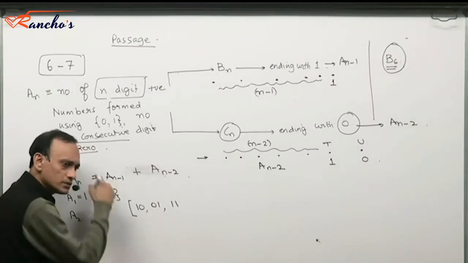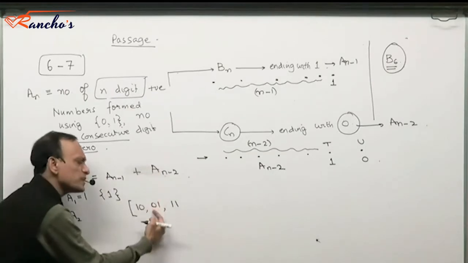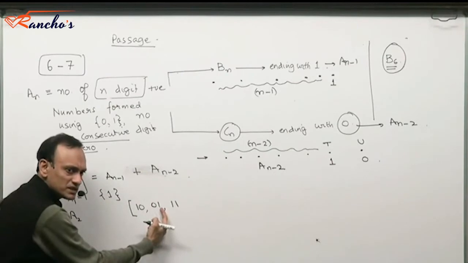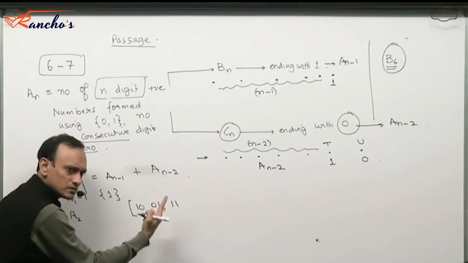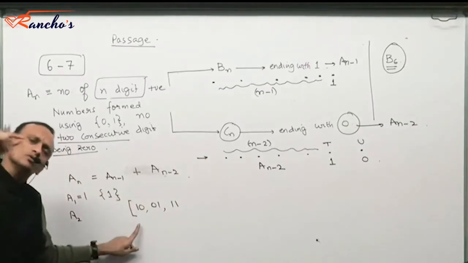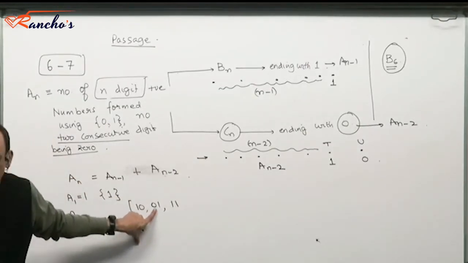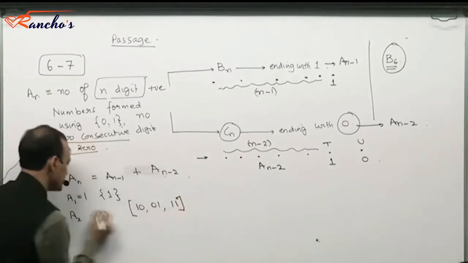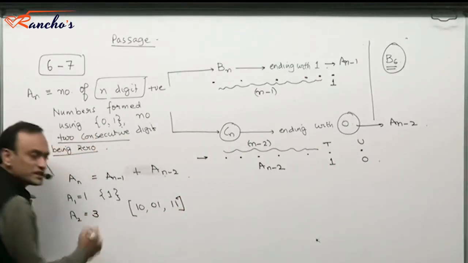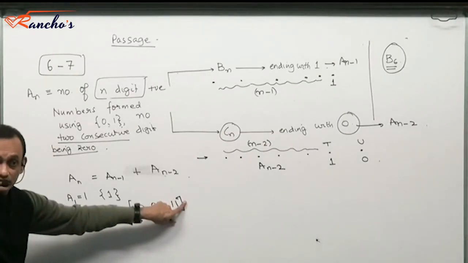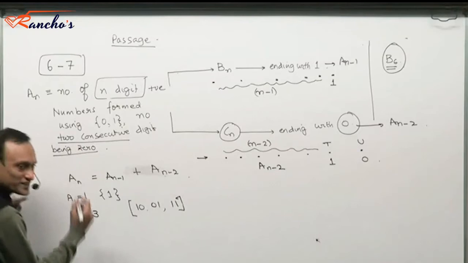Yeah, it's all right. Of those n spaces, the first space can be 0. It's still 1, isn't it? This number is a positive integer, isn't it? But it's an n-digit number now, so it's a 2-digit number. So it's a string. Imagine An to be a string, right? So A2 then is 3. Do you realize that? A2 is 3. 1, 2, 3. Three members belonging to the set A2. And then we are all set.